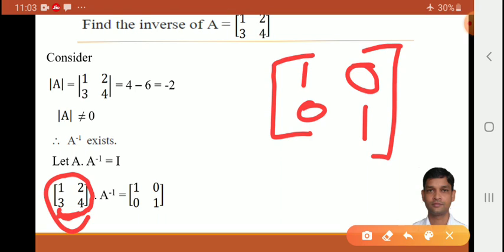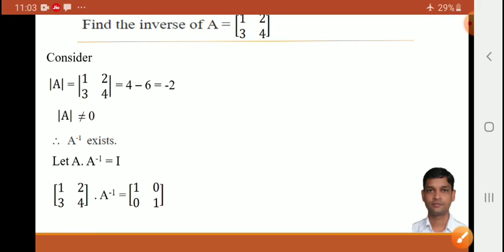Okay, we have to reduce this matrix to identity. At the first position we have 1, below that 1, and at the position of 3 we have to adjust 0. Now to adjust 0 at 3 here, we will use row transformation. See, in the above row there is 1, so we have to convert that to -3. So 3 minus 3 becomes 0.